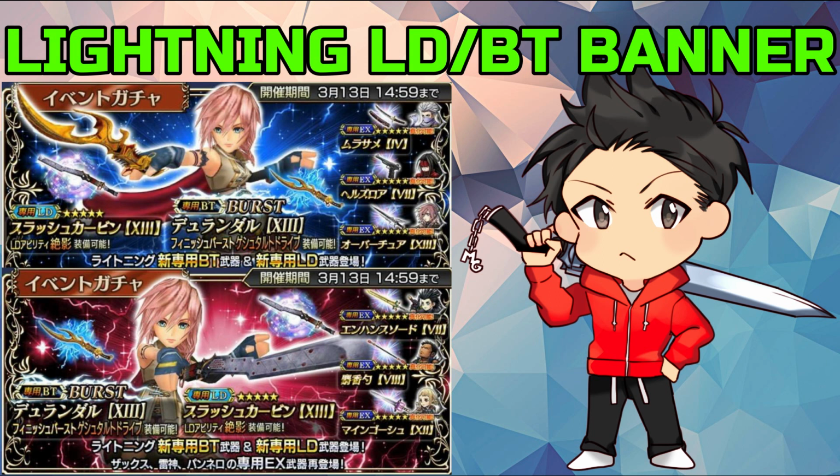This is Munchkins logging in to bring you another Dissidia Final Fantasy Opera Omnia video, and welcome back to another Should You Pull video where I give you my opinions for upcoming banners coming to the global version of the game. In today's video we are going to take a look whether you should pull for Lightning's LD and Burst weapon. There are going to be two banners for this one, and it is going to be the start of the level 80 era. So with that in mind, let's take a look at what her LD and Burst brings, and then we'll take a look at whether you should pull for this, or should I say these banners, at